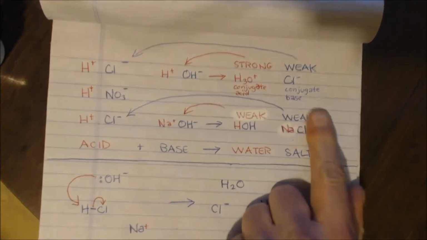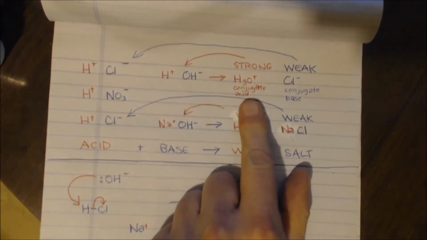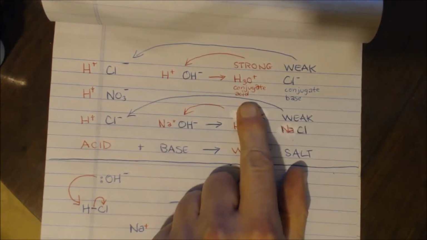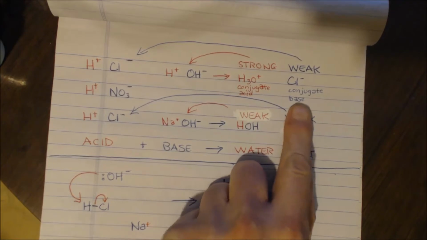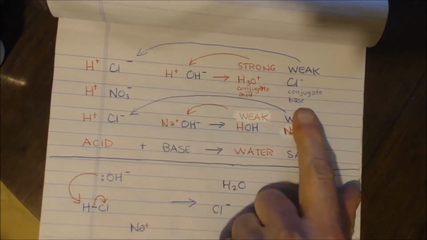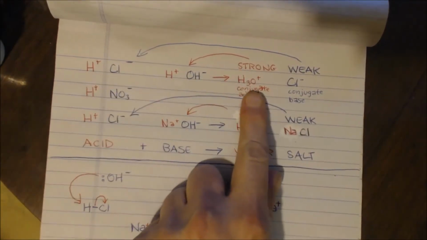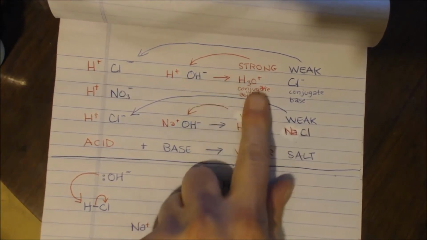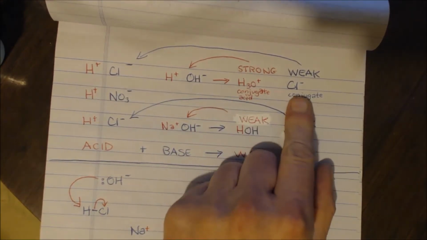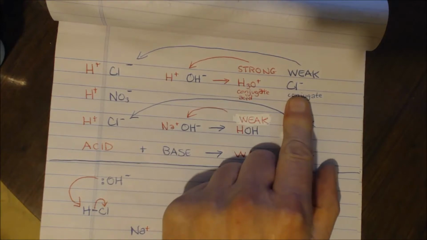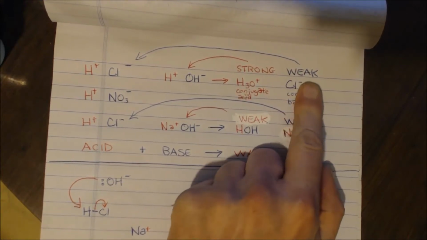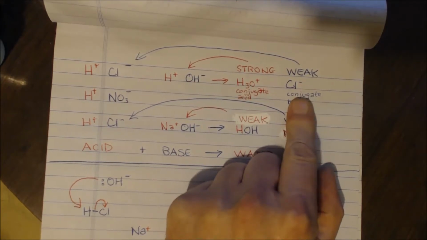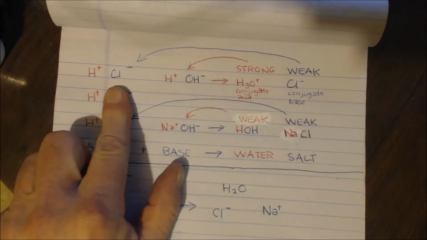When you go over to this side, whatever got the hydrogen is considered the conjugate acid, and whatever got rid of the hydrogen is considered the conjugate base. It's just the opposite. See how the line goes to here? Base, acid. See how this one goes to here, acid, base. But I want you to notice, see this chloride? That's a base, right? Because it's negative. It's a weak base. How do I know it's a weak base? Because it comes from a strong acid.